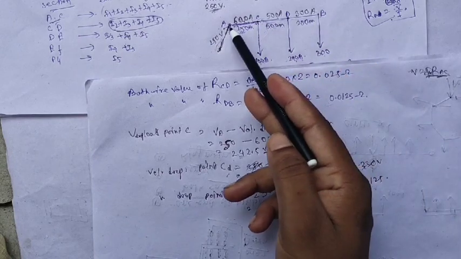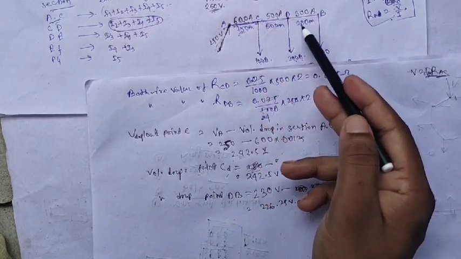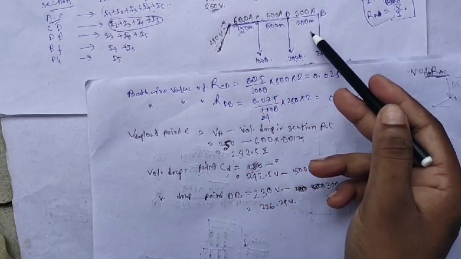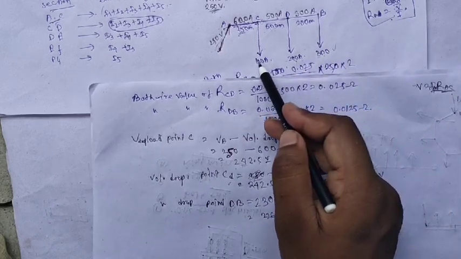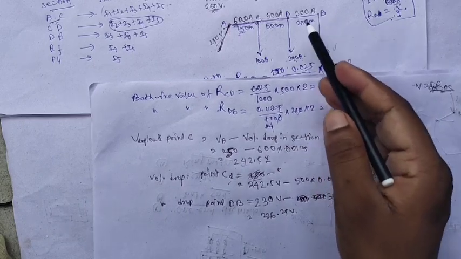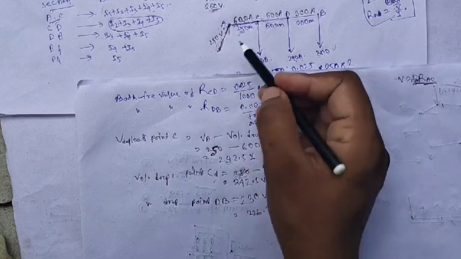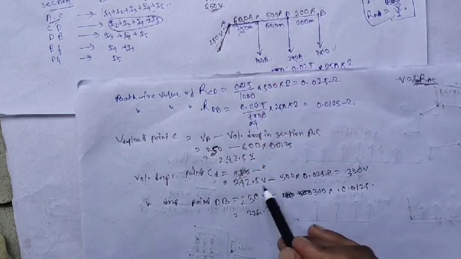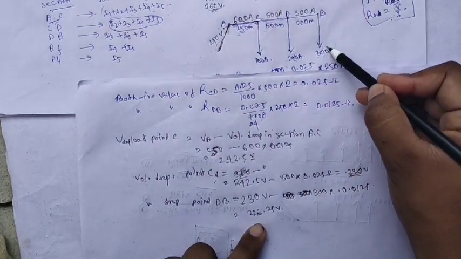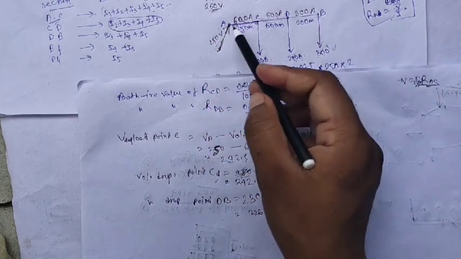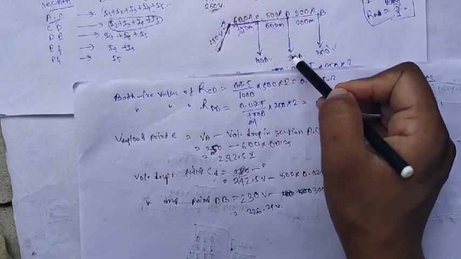So we see, as I also told you in yesterday's class, that the current is decreasing and the voltage also decreases from the feeding point to the away point. Here the load current value increases: this 300, 200, 100 ampere. And the value of voltage decreases, because here 242 volt, here 230 volt, and here 226 volt. So from the feeding point to the away point the voltage decreases. Okay, thank you.